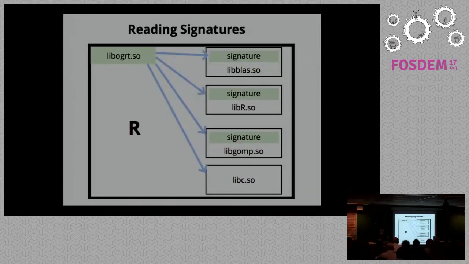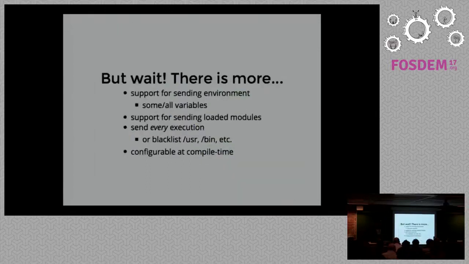So the functioning of OGRT is like this. The black box on the outside would be the address space of a program. In this case, because we're in big data, therefore it's R. libogrt.so gets loaded into this executable, and it executes the code, which goes through all of the stuff that the linker loaded and checks if it finds a signature of OGRT. If it doesn't find one, it's okay, it just notes the path. The rest of the stuff, it wraps up into a package,